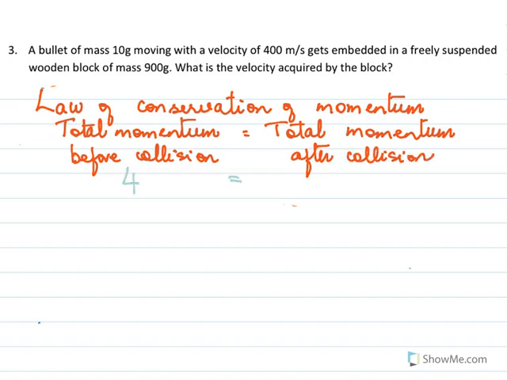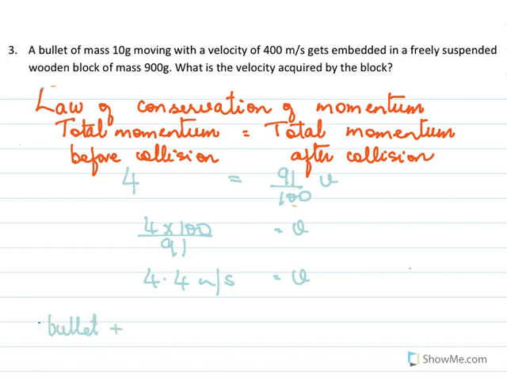Before collision we saw the momentum was 4, and after collision it was 91 over 100 into v, or maybe we could take it as x. So v equal to 4 into 100 over 91. And you work this out, it becomes 4.4 meter per second. So the bullet plus the block will now move with a velocity of